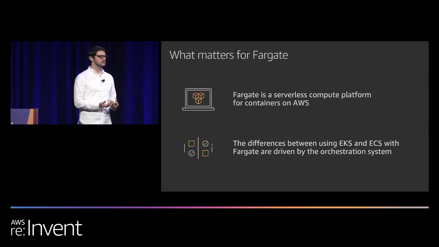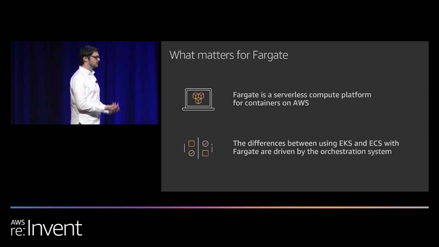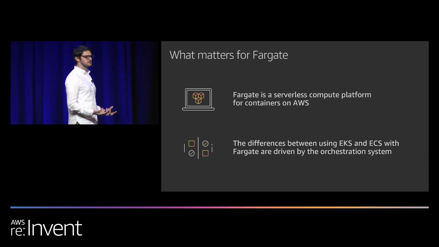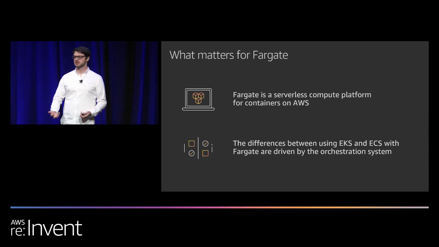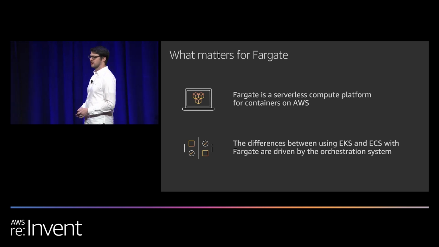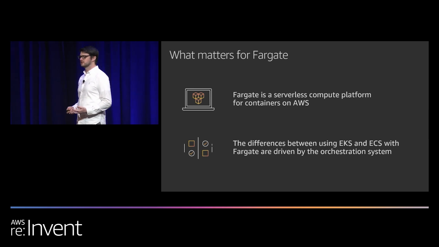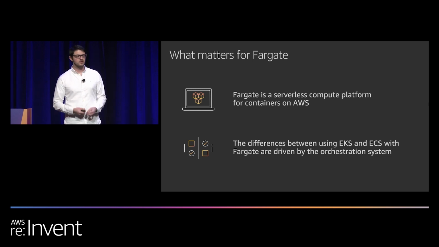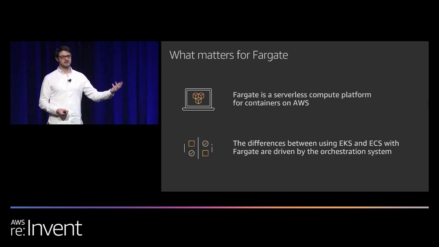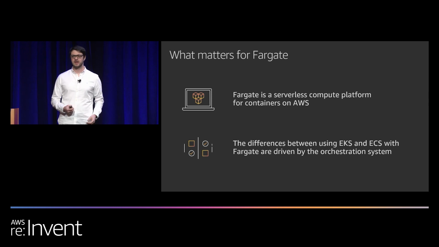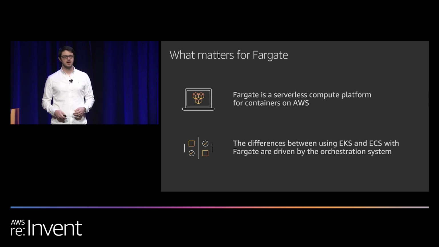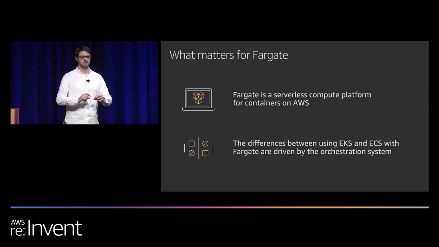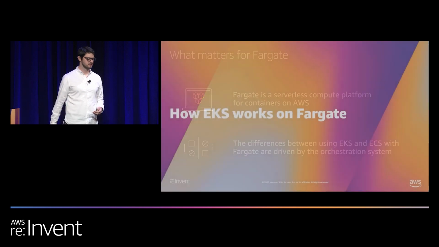If you're using Kubernetes, then you're going to use Kubernetes principles and Kubernetes APIs. If you're using Amazon ECS, then you're going to use Amazon ECS principles and the AWS APIs. So those should be the primary differences between Fargate, whether you're using EKS or ECS. Now, of course, some orchestrators like ECS may come out with a feature before we have that feature for EKS, or vice versa. But in general, we're going to track towards Fargate being a general purpose compute platform that behaves the same whether you're using ECS or EKS.